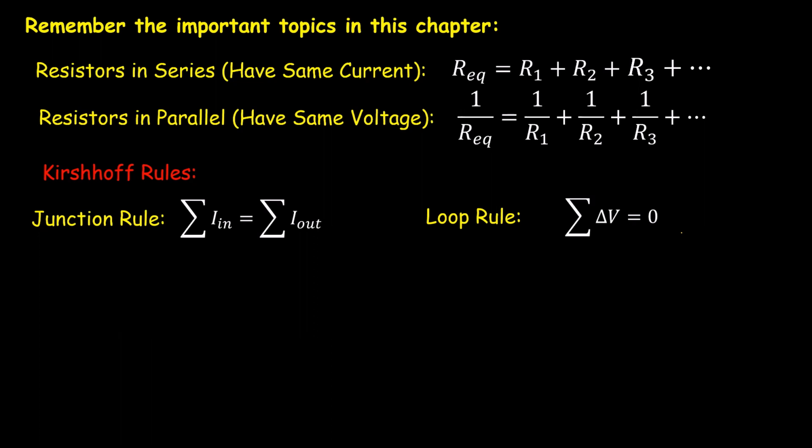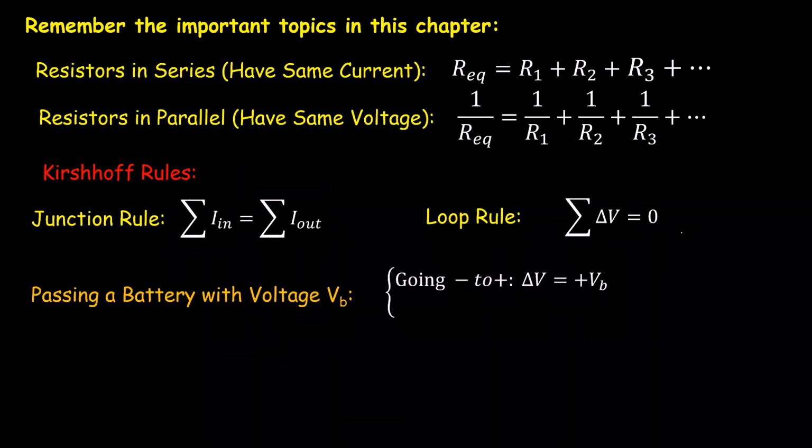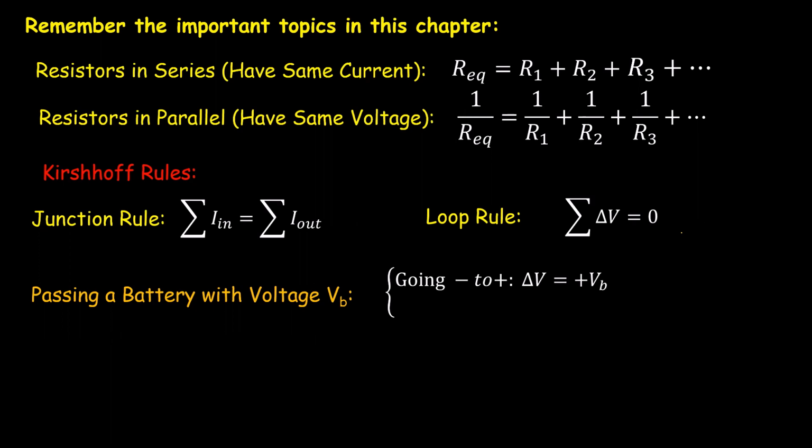And in order to account for these potential differences, we have some other rules. Passing through a battery, if you go from negative to positive side of the battery, delta V is equal to positive voltage of the battery. And going from positive to negative side of the battery, delta V is equal to negative